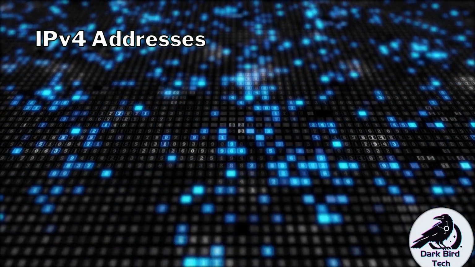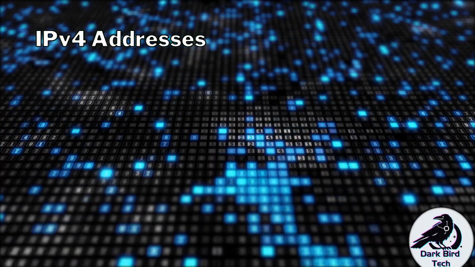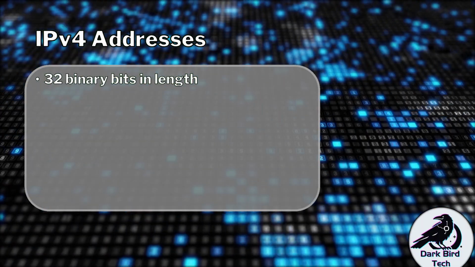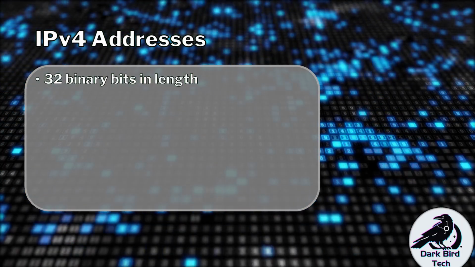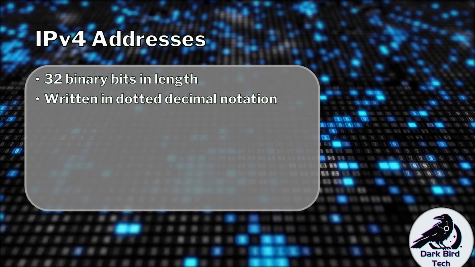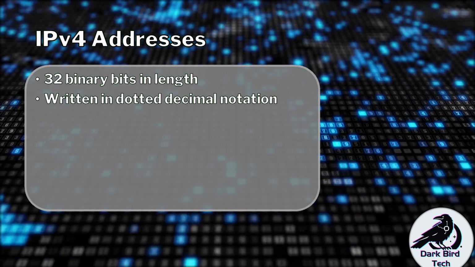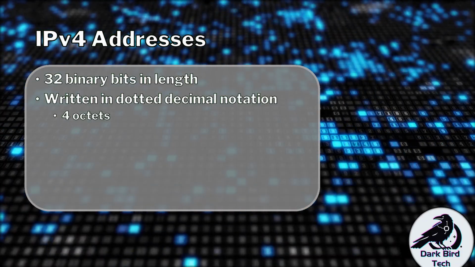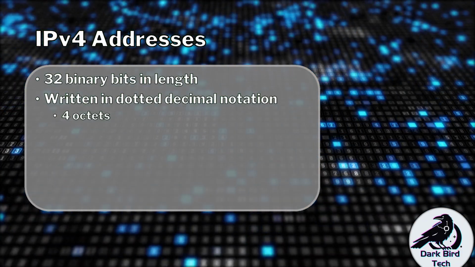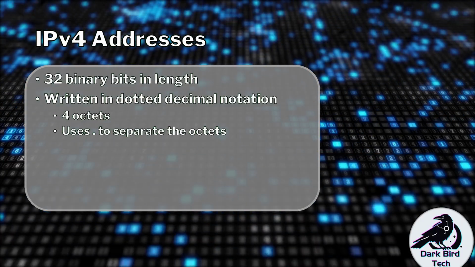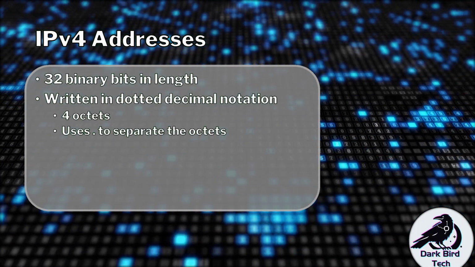So first of all, let's talk about the structure of an IP version 4 address. An IP version 4 address is a 32 binary bit value that we usually write in dotted decimal notation because it's just that little bit easier for us human beings to read. The address is broken down into 4 sections that we refer to as octets. Each of these 4 is 8 binary bits in length, and we use a dot to separate these octets,